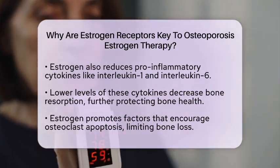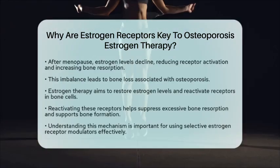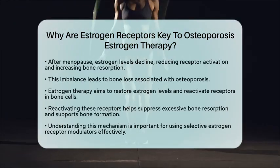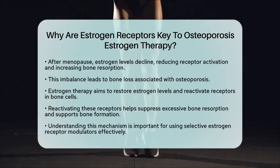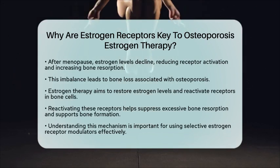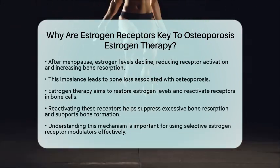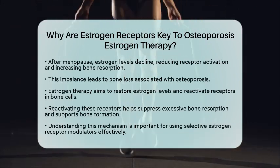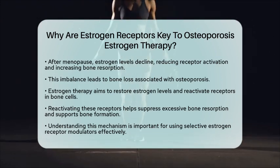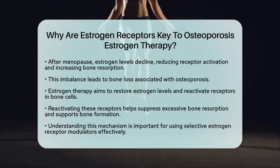In summary, estrogen receptors are crucial for osteoporosis estrogen therapy because they are the molecular targets through which estrogen exerts its protective effects on bone. They regulate the expression of genes that control the activity and survival of bone cells, maintaining skeletal health. Estrogen therapy's ability to bind and activate these receptors helps prevent the increased bone turnover and fragility that come with